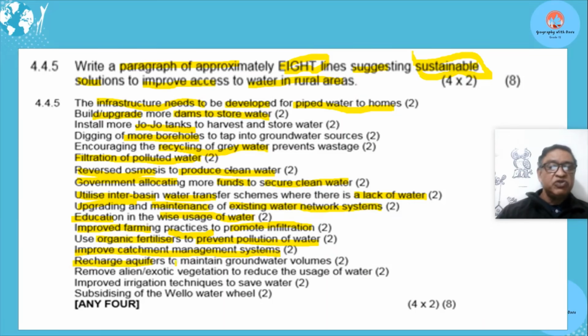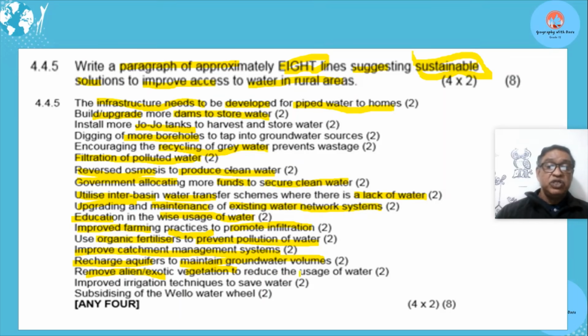Recharge aquifers to maintain groundwater. You've learned already aquifers are areas that can absorb and keep the water supply in the area. So recharge them, put in water supply so that you have water supply that you could dip into, all right, for future use. Remove alien toxic vegetation, all right,